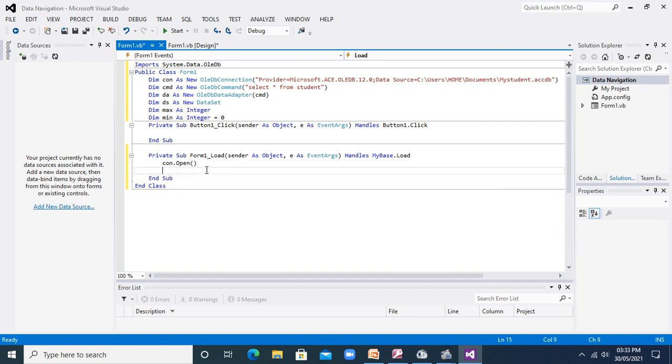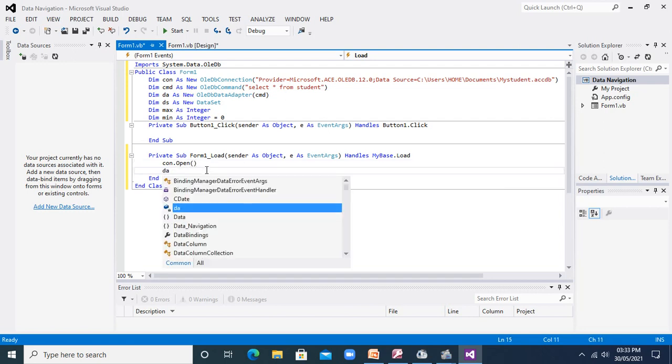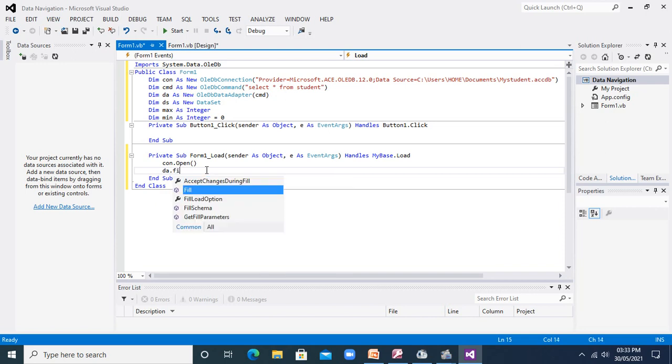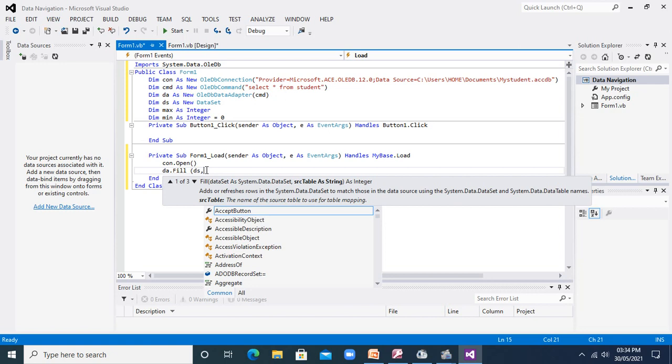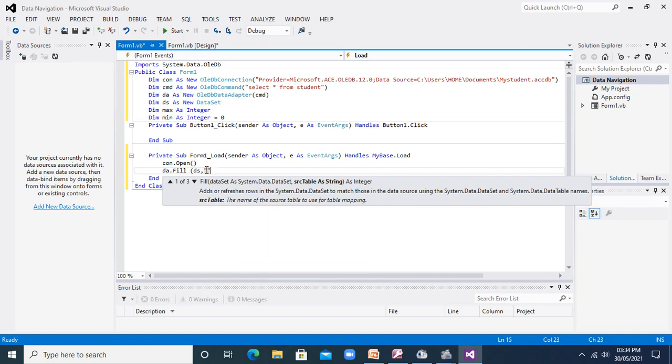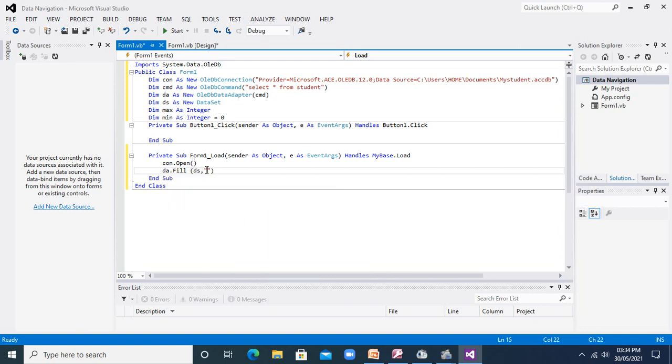Now after opening I will require to fill my data into the data adapter with the fill method, and I will pass a data set and the name of my table to it. So the name of my table is student. Now it is required to find out the maximum number of records in my table.